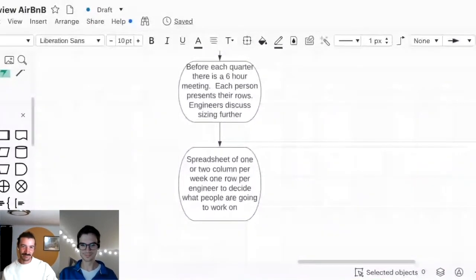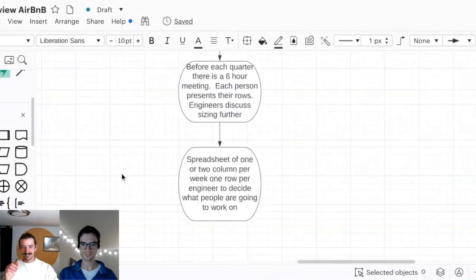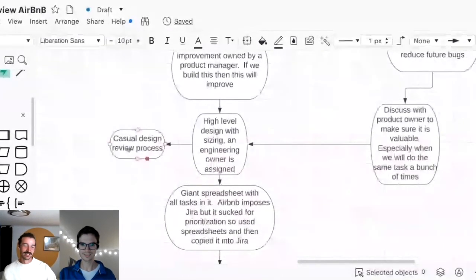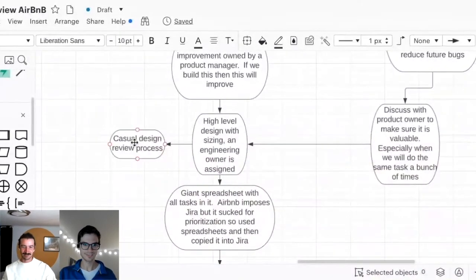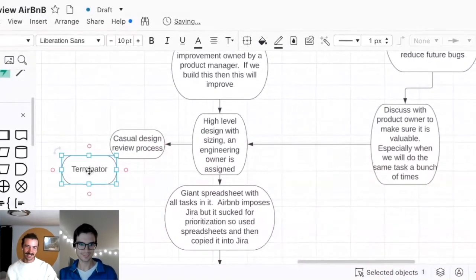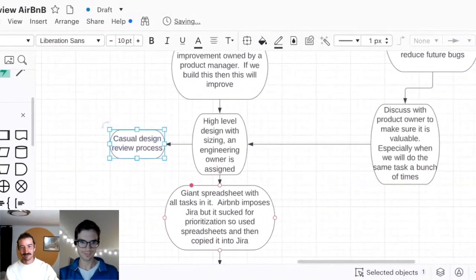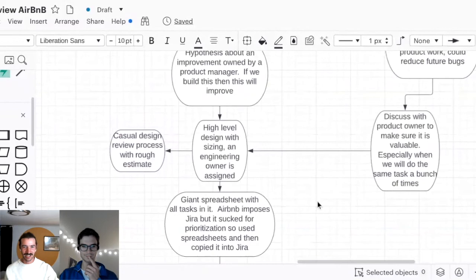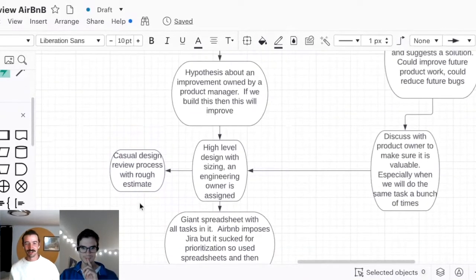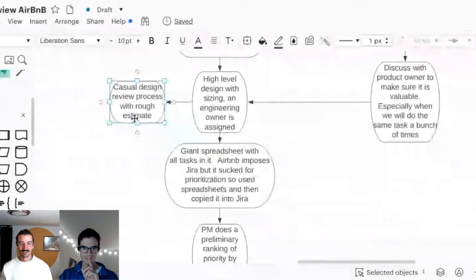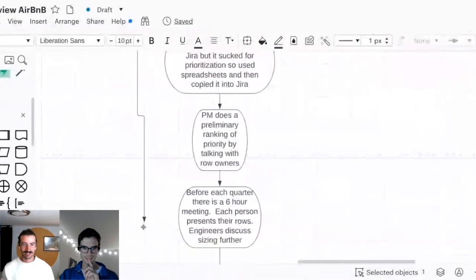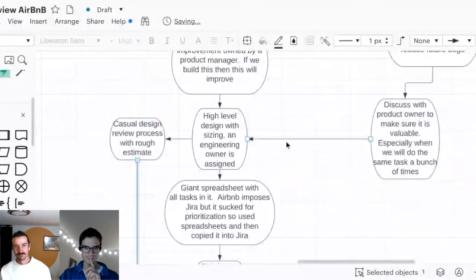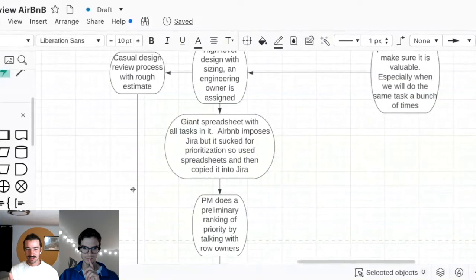One thing I hated about this, so you have that rough design, and one of the things you come up with in that rough design is your rough estimate. That magically gets translated into a number of engineering weeks. I think there's a book called The Mythical Man-Month or something like that. This is truly a mythical engineer week. Anyway, you have this totally arbitrary estimate of how many weeks you think it will take, and then our engineering manager and our PM just make sure that that number of weeks is met on the spreadsheet, and then the project is considered resourced, which is bad, because the estimates are bad, but that's always kind of the case.